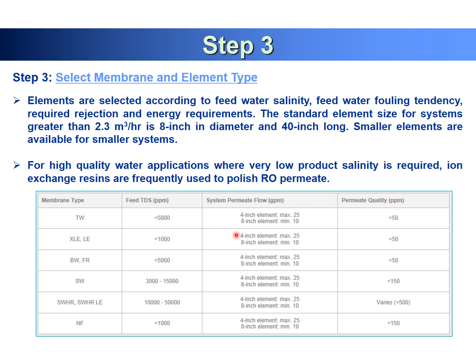So depending on your size, we can select different system permeate flow using different membrane elements, and then permeate quality in general you will get less than 50 to 500 ppm. So we select membrane and element based on your size of the capacity and membrane type, water quality, and